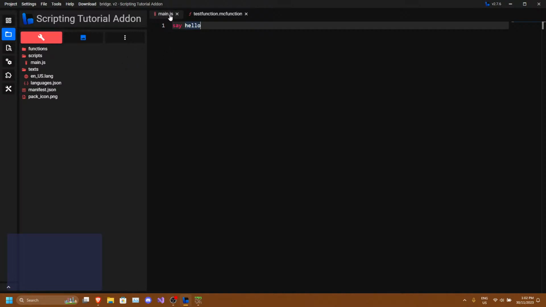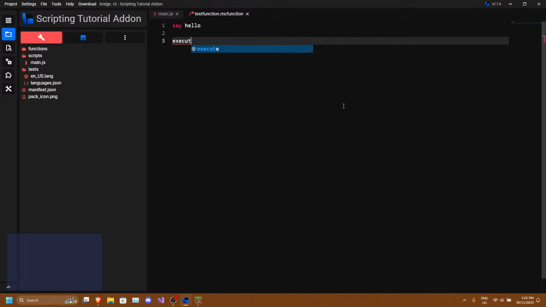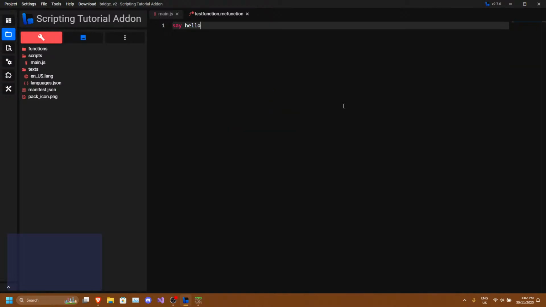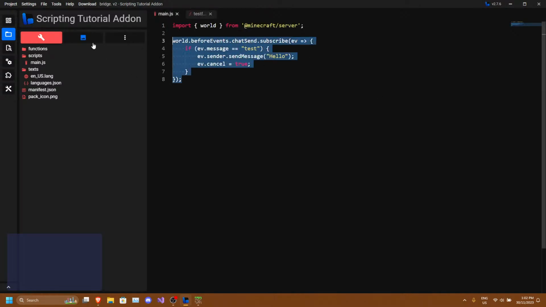I believe we might have access to the execute command, yeah. Wait. Oh, okay. There's not a lot of autocomplete commands, as I thought. We could do something fun.